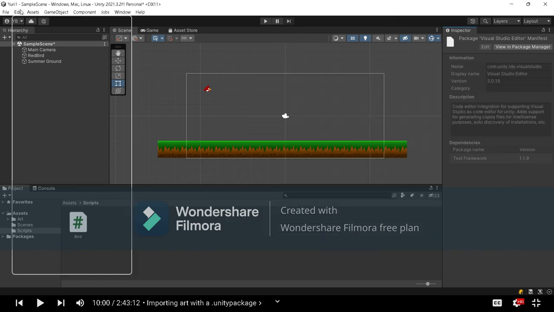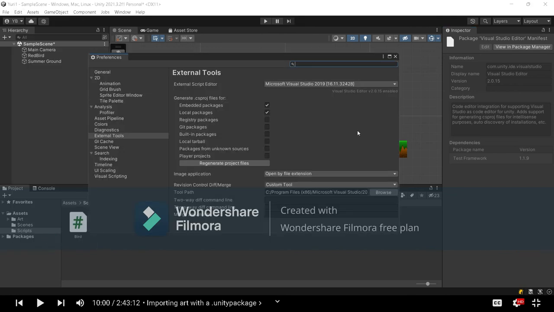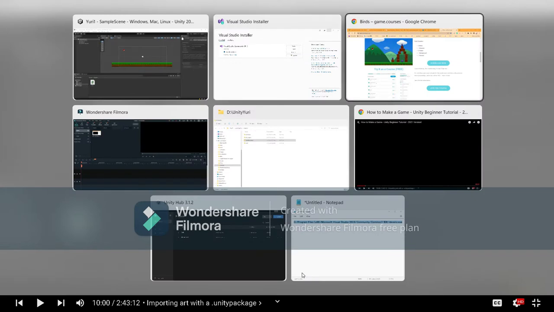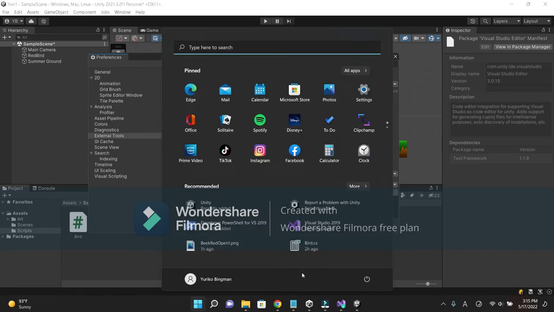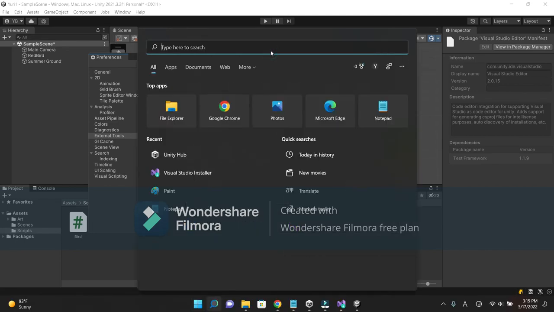Go back to Edit. Go to Preferences. Make sure it's a 16. Well, yeah. I don't know why it's a different number, but it's okay. Don't worry about that part. But more than that, what you need is you have to have this. This is a path. It's actually based on what kind of environment settings you guys have. That's a really big deal, that you have to pick the correct location for the Visual Studio